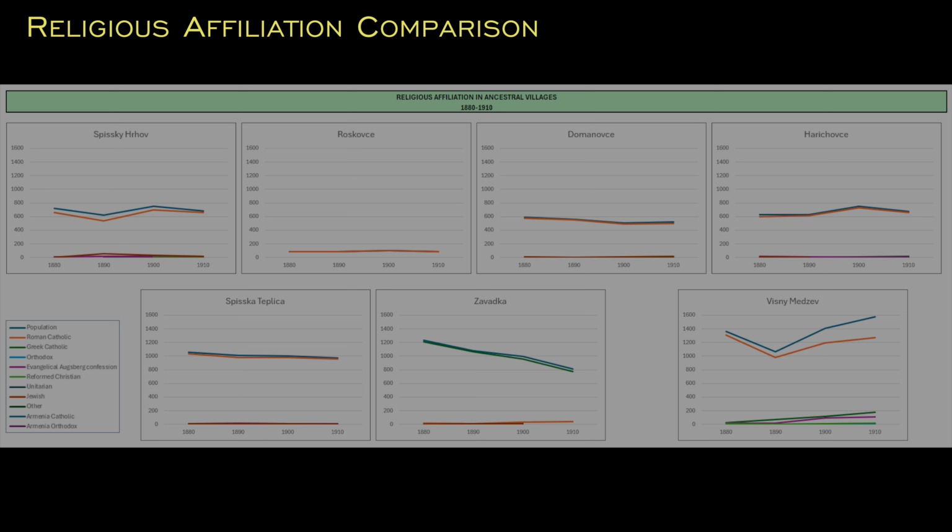The 4 villages across the top, Spišský Hrad, Rožkovce, Domaňovce, and Hryhovce, are the villages of my paternal great-grandfather Jan Fefra, who became John Novotny in the U.S., and his wife Maria Ševčík, who became Maria Fefra and ultimately Mary Novotny in the U.S. The 2 villages in the lower left area, Spišská Teplica and Zavadka, are those of my great-grandparents Steve Ruman and Anna Hardy, respectively, before they came to America. Finally, in the bottom right is Vyšný Medzev, where the Orient family on my mother's side originated.